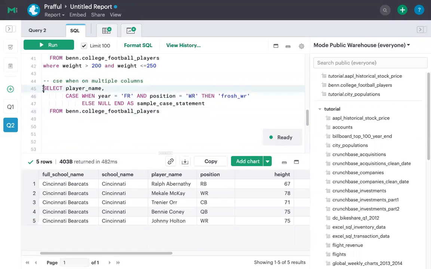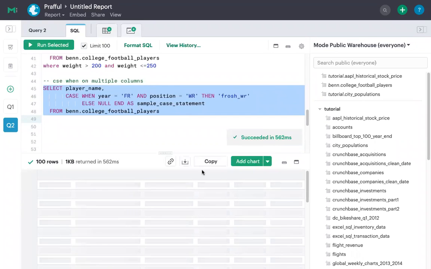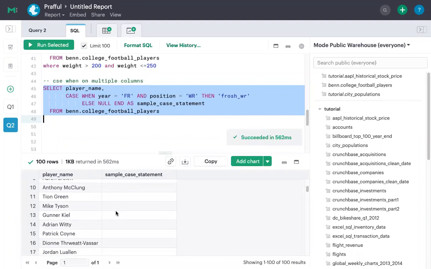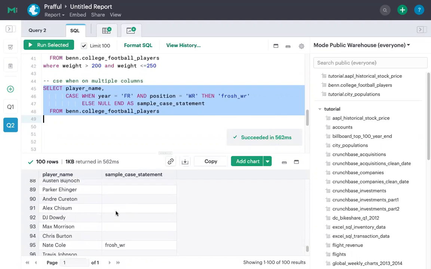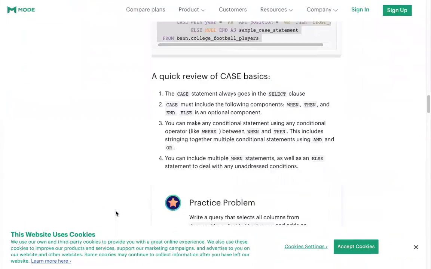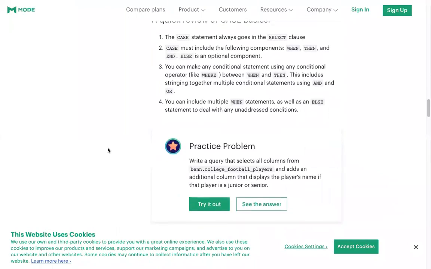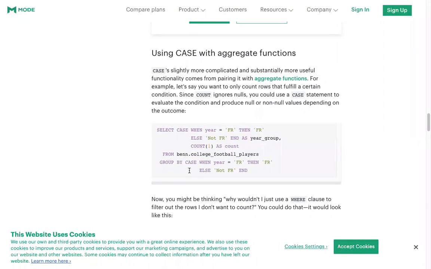All right, so if I just run this particular part, then it gives, okay, these many people are frost WR here. Okay, cool. So yeah, this is this one. Then there's the basics. They're just revising it here. On aggregated functions, if they want to do it,